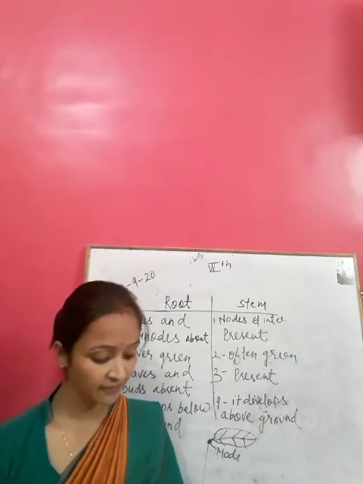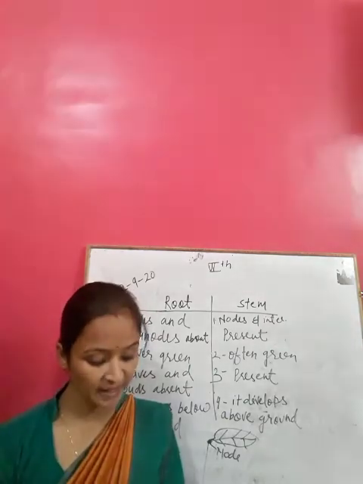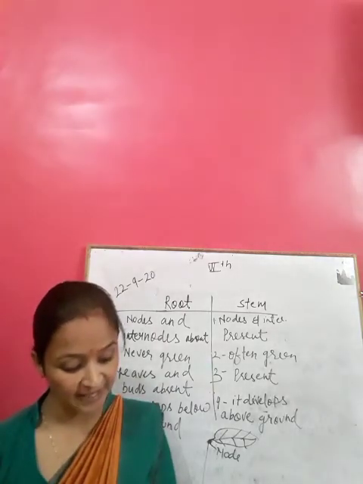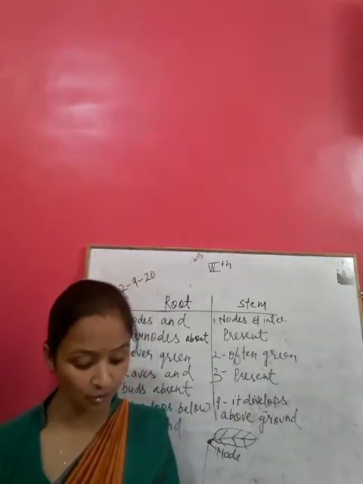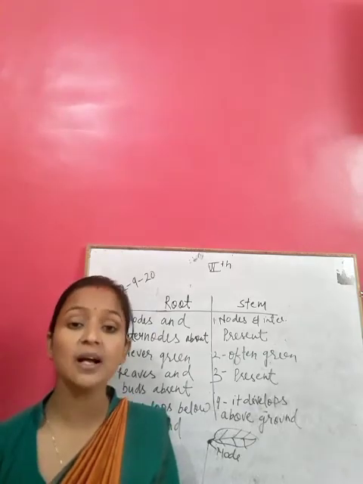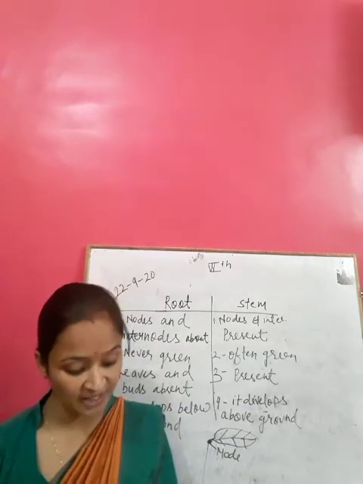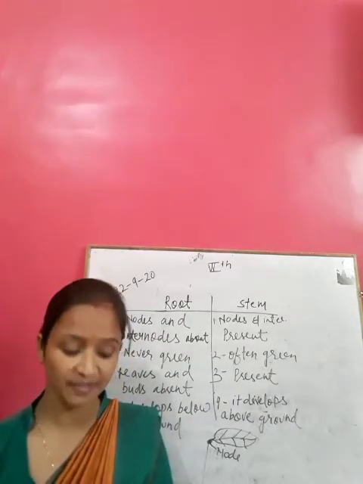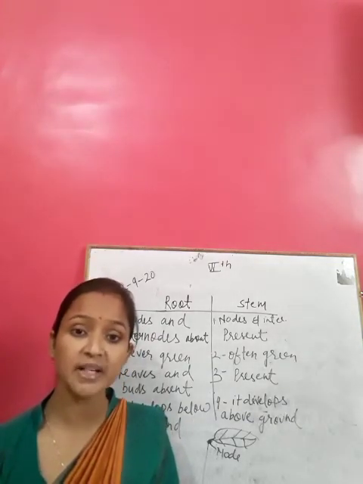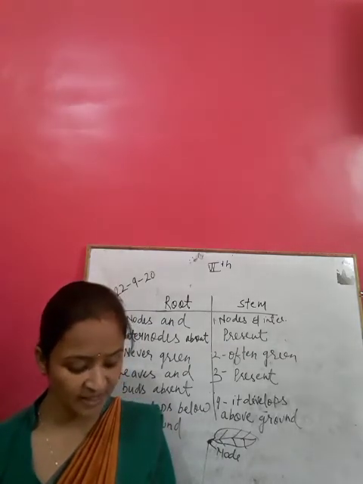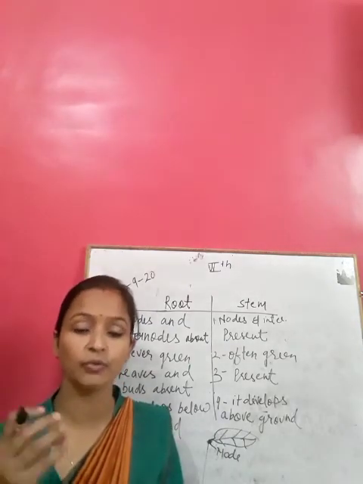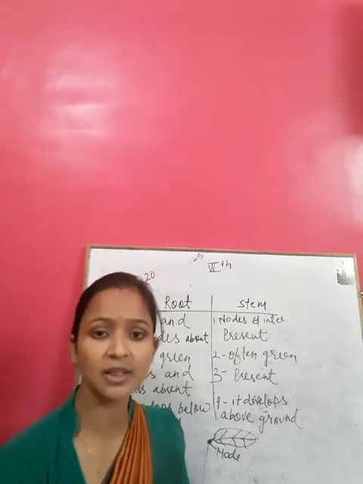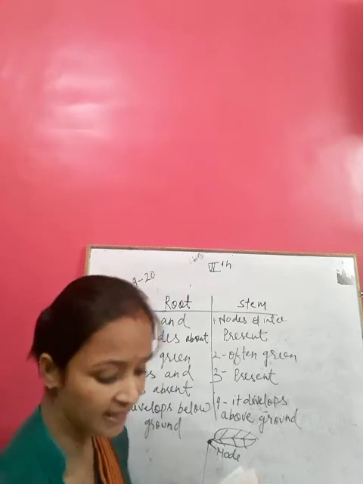From the leaf impression made by you in activity 8, you can find that the leaf blade has many lines forming a network throughout the leaf, and these lines are called the veins. You can see a thick vein in the center, and this thick vein is called the midrib. The arrangement of veins in the leaf blade is called the venation. I will draw the diagram of a leaf, then you can easily understand.